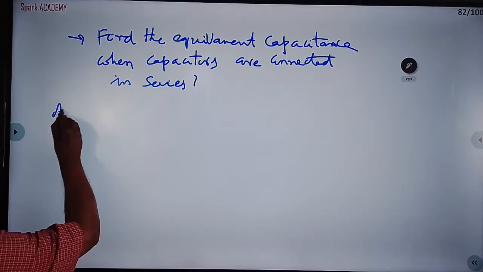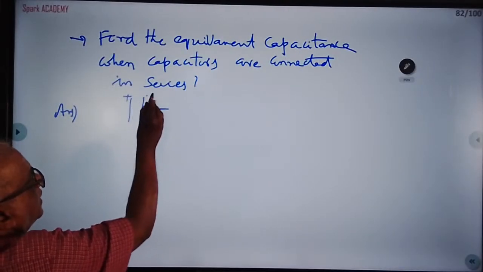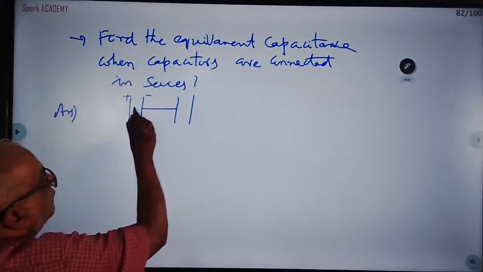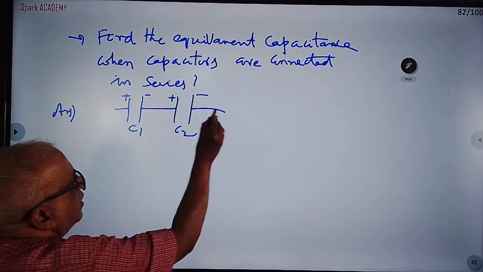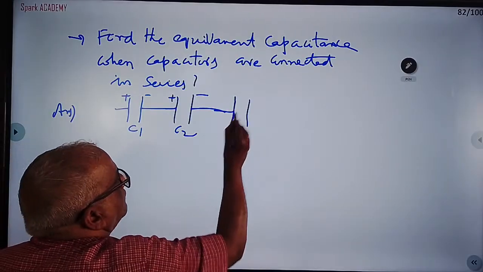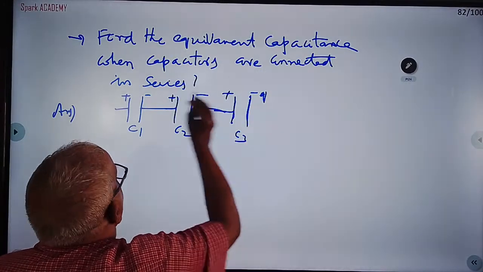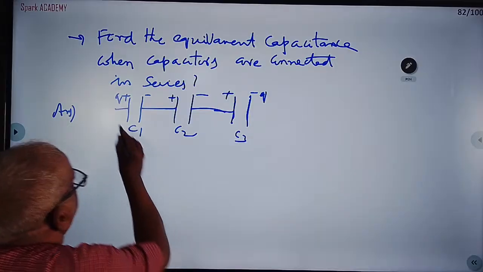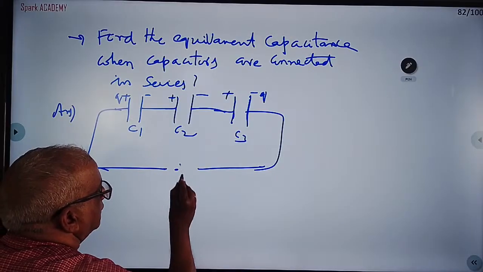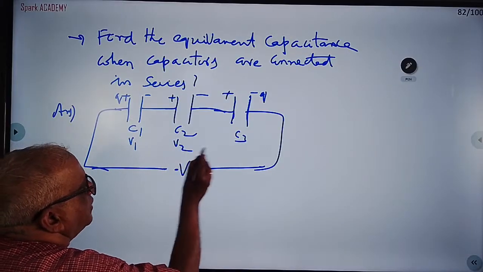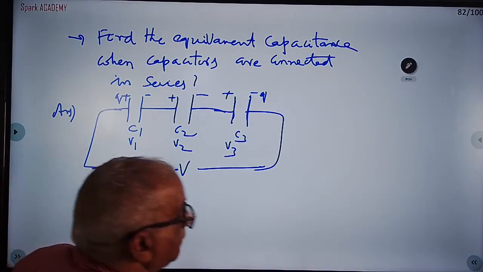Students, answer: there are a number of capacitors, one after the other. This is the plus plate, this is the minus plate. Again, it is connected to the second plate. First one is connected to second, second is connected to first again. C1, C2 and C3 all have equal charge: minus Q, plus Q, and minus Q, plus Q. Like that, it is connected to a battery of potential difference V. Each capacitor has potential difference V1, V2 and V3. Capacitors C1, C2, C3 are connected in series as shown in the figure.